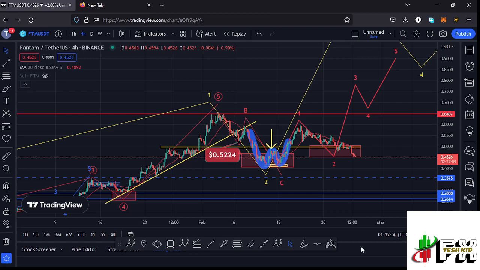I'll be giving you the latest developments that have been happening here on the Fantom chart, which at the time of this recording has lost the 20-day MA here on the 4-hour chart, which is now acting as resistance. We have also lost our key area of support at around the $0.5 mark. We have also continued to see a bit of a breakdown to the lower side, and in this video I want to give you the worst case scenarios that could possibly play out here on the Fantom chart if this